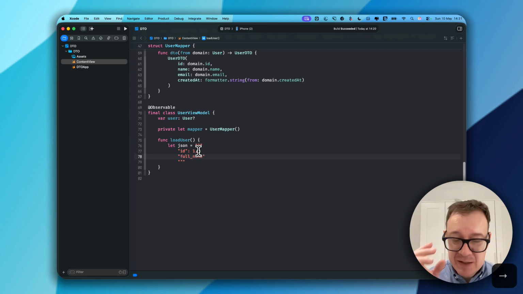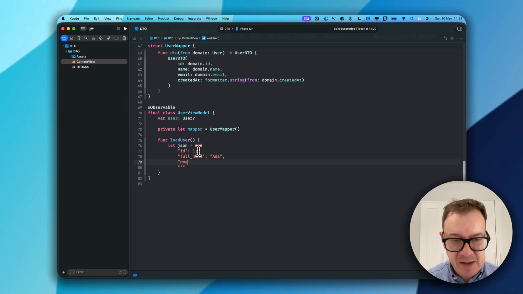Remember, it's the snake-cased version, and that will be Ada, and then we are going to have an email underscore address. Okay, and that would be, I don't know, Alex at rebeloper.com, something like that. And then our created at,